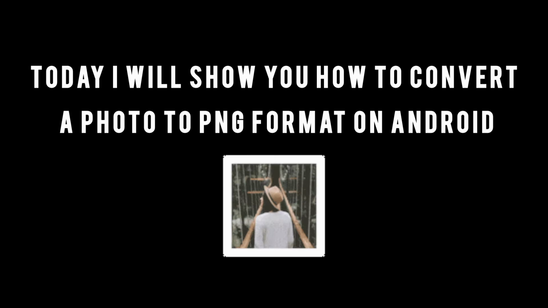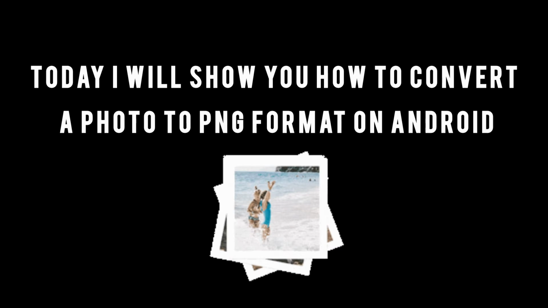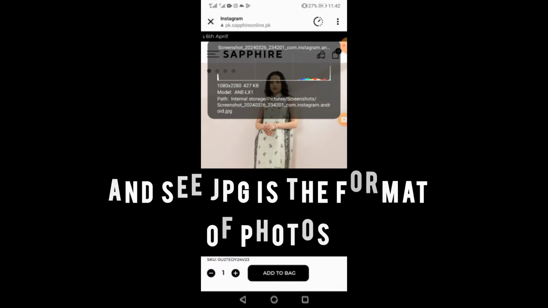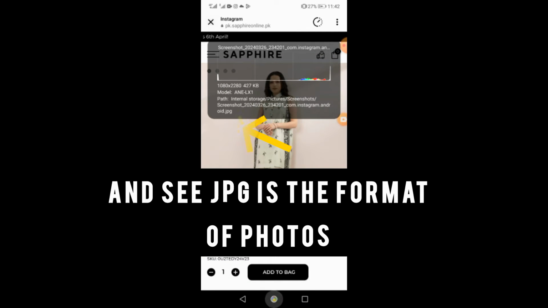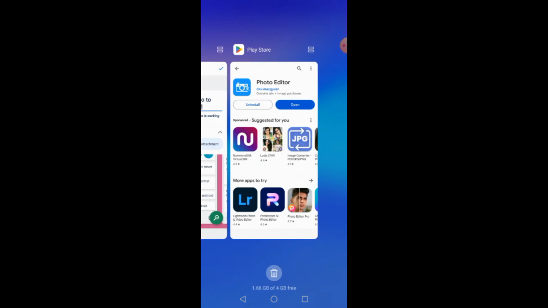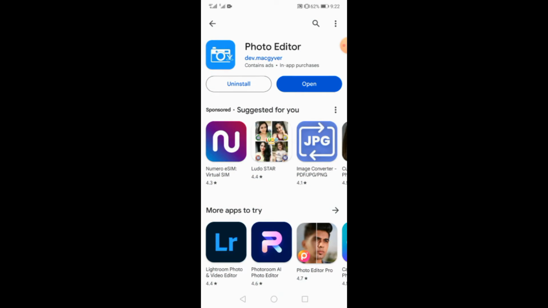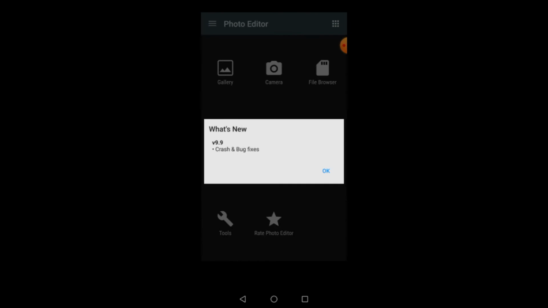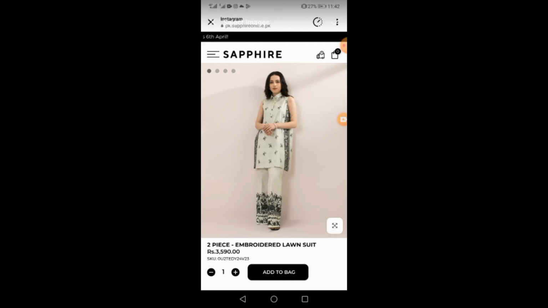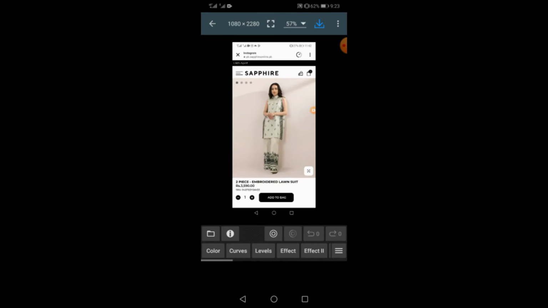Today I will show you how to convert a photo to PNG format on Android. Go to your gallery and go to information and see JPG is the format of this photo. Now go to Play Store and download Photo Editor. When you download and open it, open the gallery and choose this photo to convert